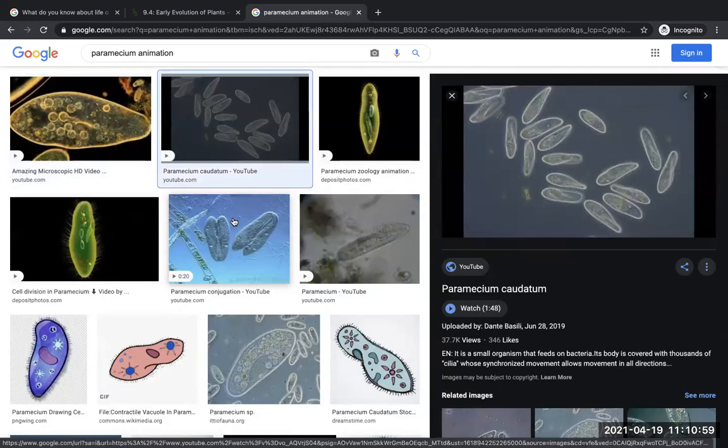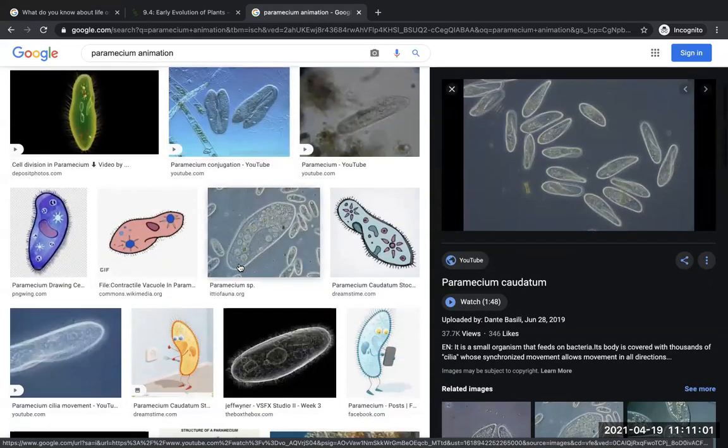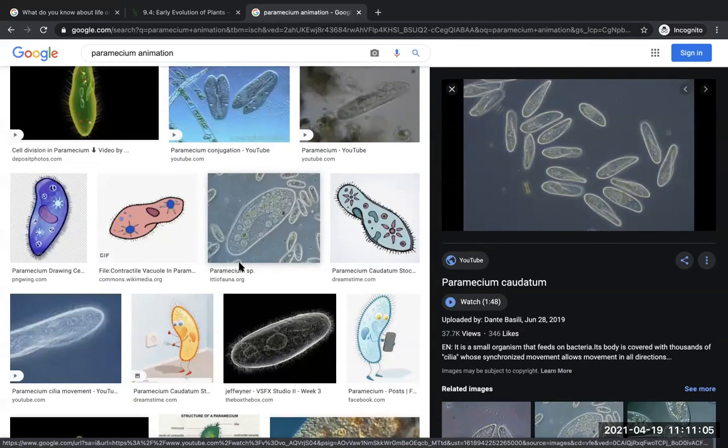Professor, are the cilia on these organisms the same as the ones that we have in our throat that help with things, or is that a different structure in itself? Can you repeat that, Chris? I couldn't hear the last part. So in our throat, don't we have small cilia that help with swallowing things like that? Yeah, it's the same thing as these. It's the same thing. Yeah, it's little hair-like structures that we have in our throat.